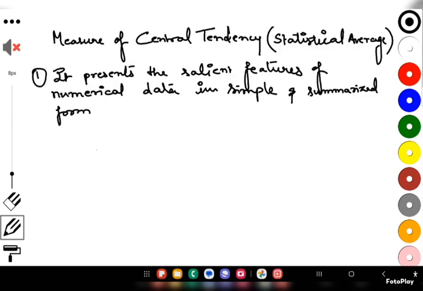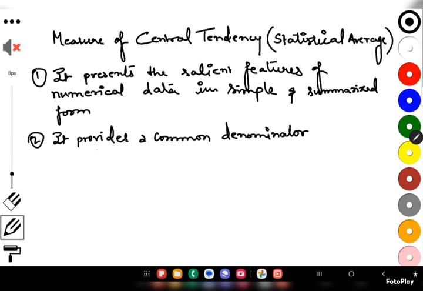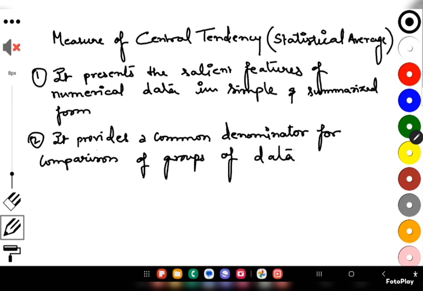and mode. Now, what are the major functions of any statistical average or measure of central tendency? So the very first is that an average presents the salient feature of any numerical data in simple as well as in summarized form. There is a quote by Mr. Bowley, who said that by the use of averages, complex groups and large numbers are presented in a few significant words of figures, because it summarizes it and gives you an idea of what the entire data is all